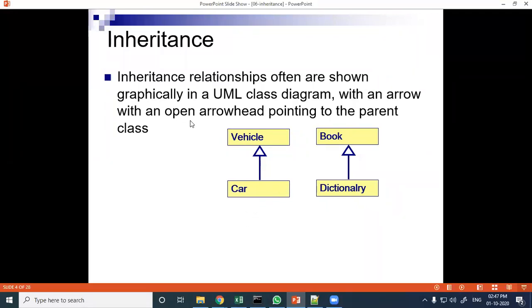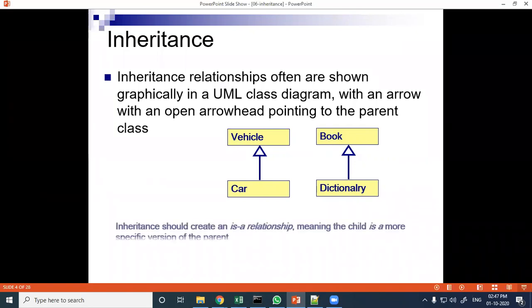So these are the two UML diagram examples of inheritance. So inheritance should create an is-a relationship, meaning the child is a more specific version of the parent, meaning something additional is defined here.